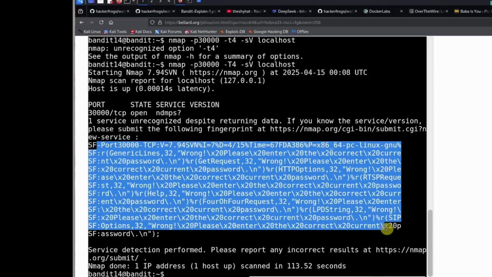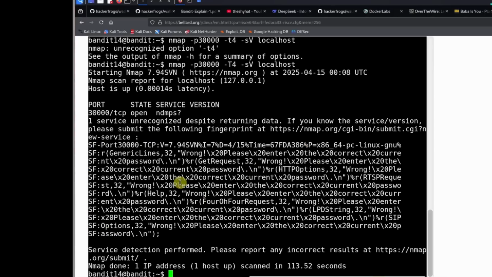But it does get this output over here. So enter current password, blah, blah, blah. What we're going to do now is we're going to access the port using Netcat. So the Netcat command is just nc, and then the